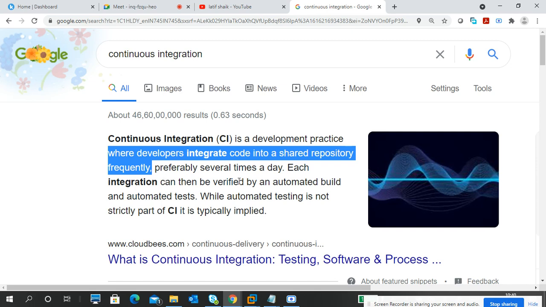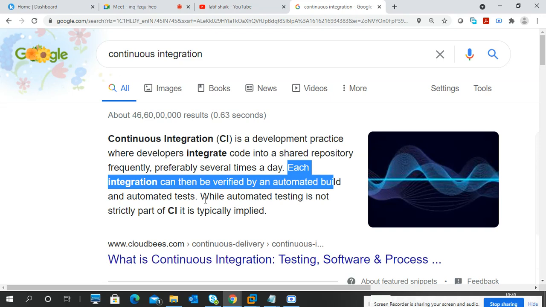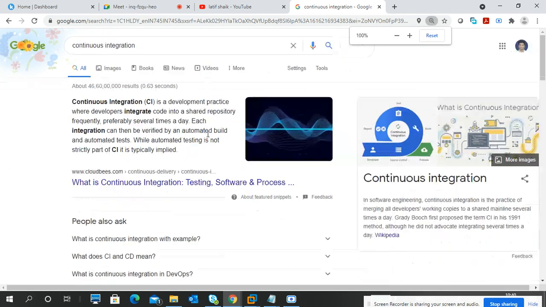Each integration can be verified by an automated build and automated tests. While automated testing is not strictly part of it, it is typically implied. So we can do all the parts.